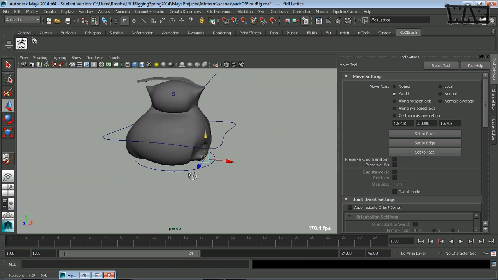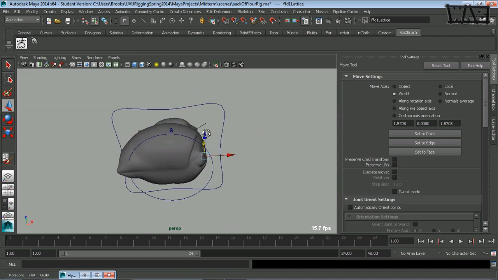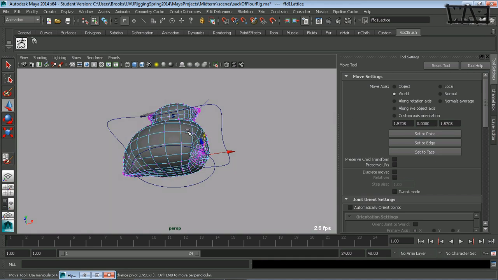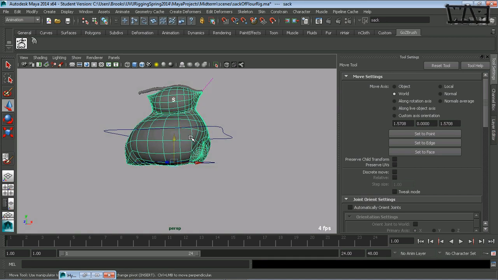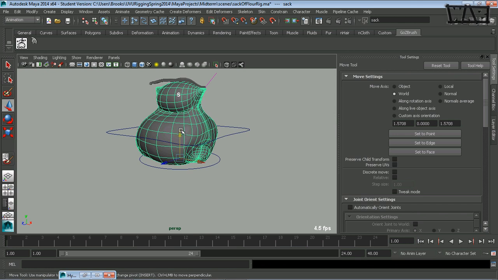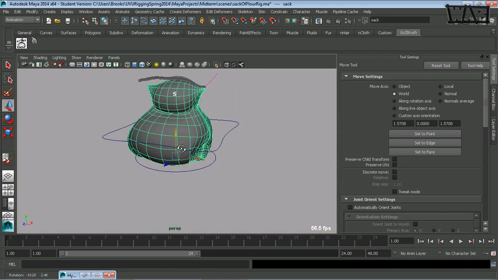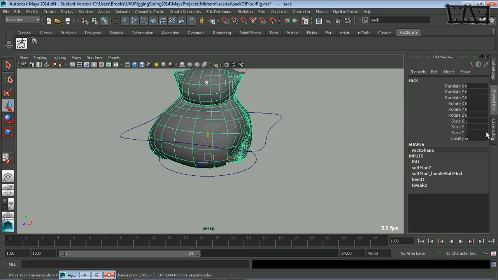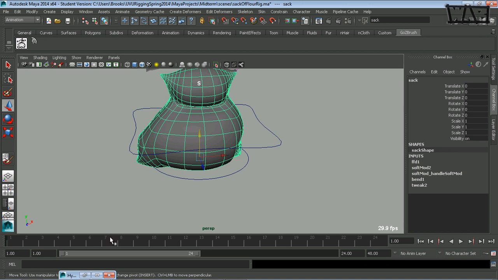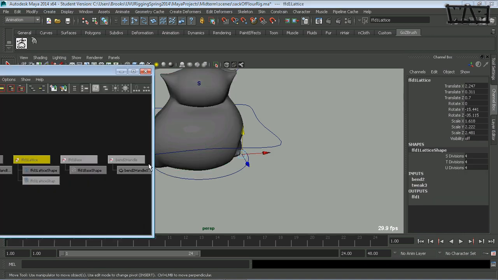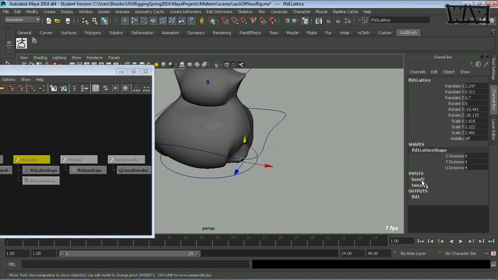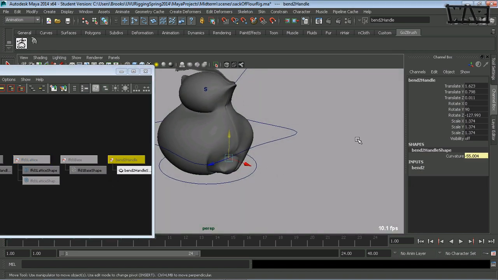Okay, so all we really have left to do is figure out the spine of this character. We need to be able to fold him backwards and forwards, and we might be able to achieve the twist with that also. So I'm going to pause the video while I think on how to solve that. First thing I'm doing right now while I'm talking is I want to play with this bend a little bit